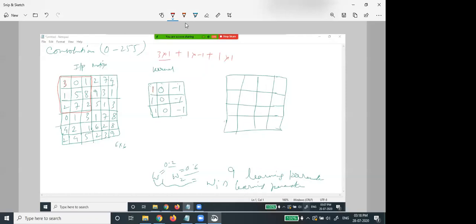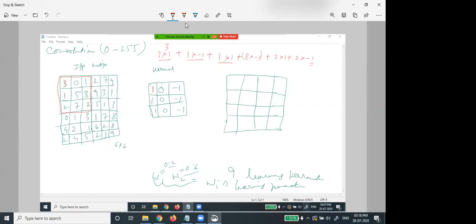Again 3 into 1, 1 into minus 1, 1 into 1, then 8 into minus 1. Put some brackets here. So 2 into 1, then 0 into 7, and 2 into minus 1. Calculate what it will be.